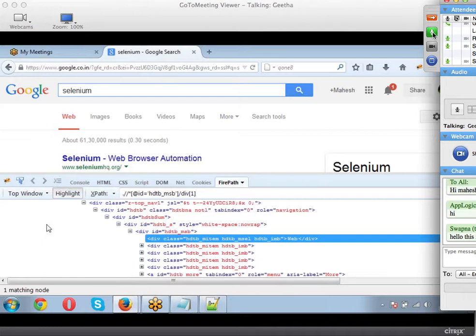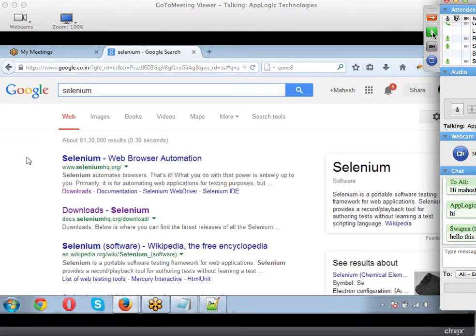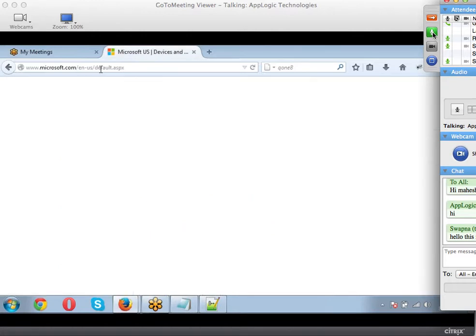Yes, Mahesh. Yes. Okay. So today we discussed validation commands, right? Assert and verify commands. Let's go with a different website, not the same website again and again. Let's go for Microsoft.com. Now this website has something called Ajax controls here, and it will not be identified like other websites.